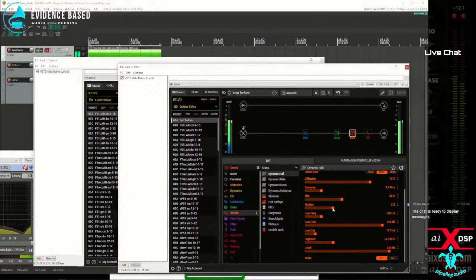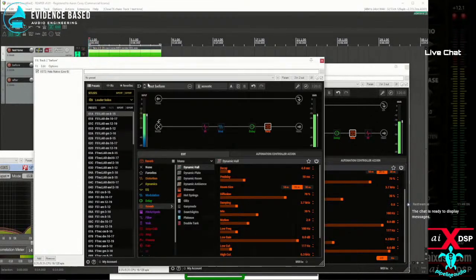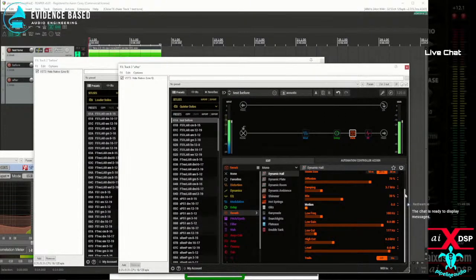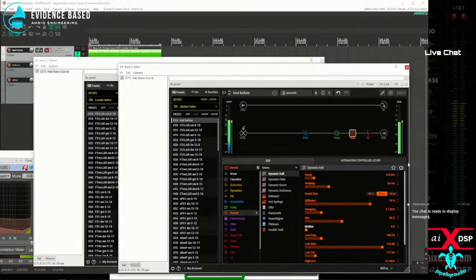Let's take motion out of here. Something is going on here because they're not nulling, and I don't have them in a different order. Okay, so I might have to do this by